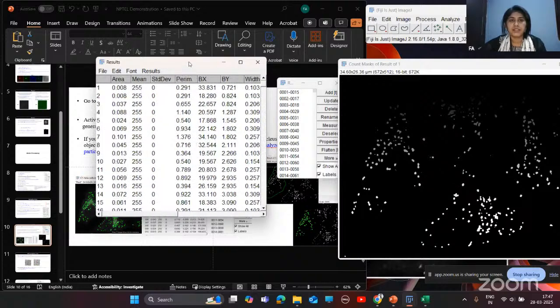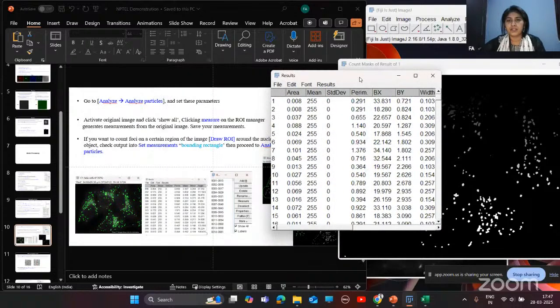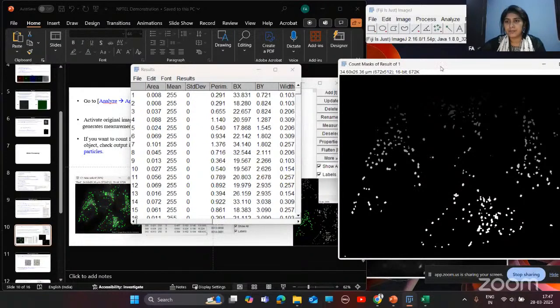So all these values are from this filtered image. And if you want to transfer this area, which you have obtained from the removal of background and after thresholding, into the original image,